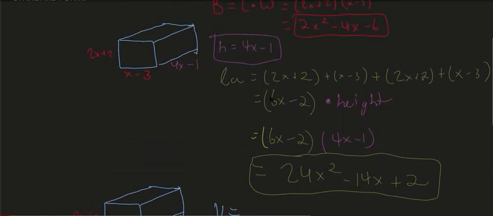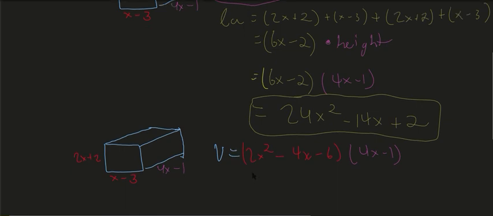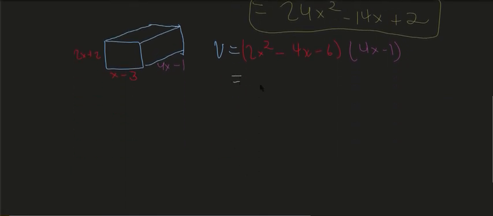Our base is 2x squared minus 4x minus 6 times the height, which is 4x minus 1. What we would get for our volume when we cross multiply, or if you use the geometric way of boxes, we would get